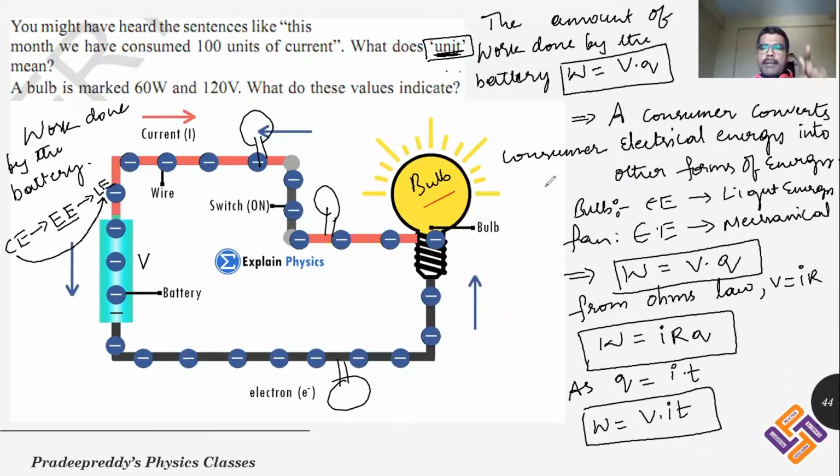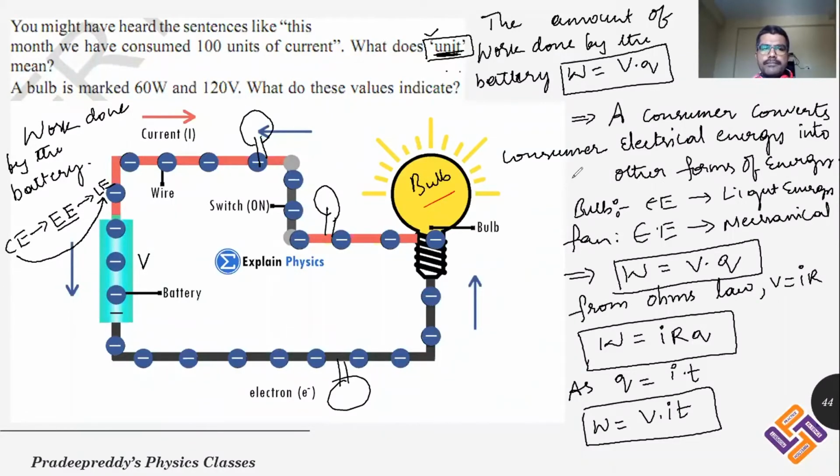So as a result, there will be an electric meter which measures how much energy is drawn by the consumers in your home. That electrical meter measures the electrical energy which is drawn to your home, and that electrical energy is represented in terms of an electrical unit. So if 100 units are consumed in your home, it means that all the components present in your home are consuming 100 units of energy. Electrical energy is converted into other forms of energy.